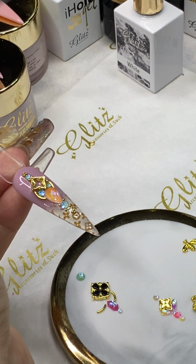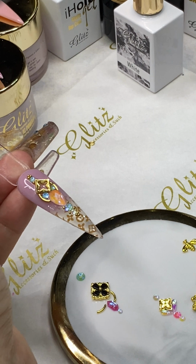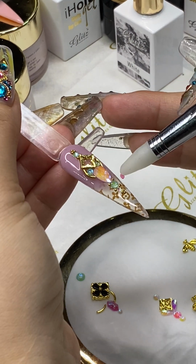I'm going to put a couple of cute ones in here. And then